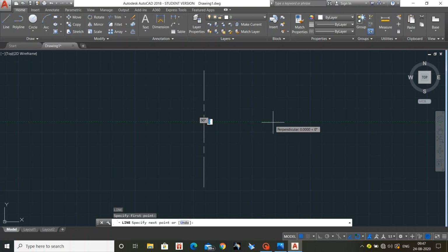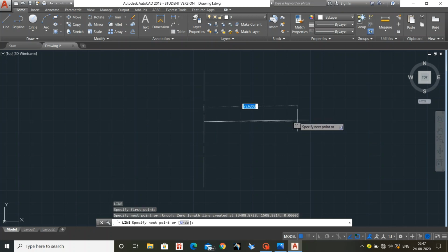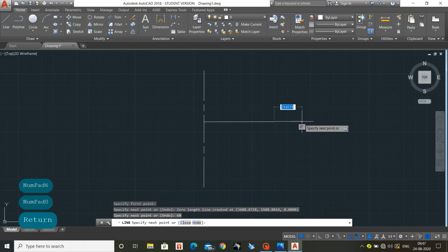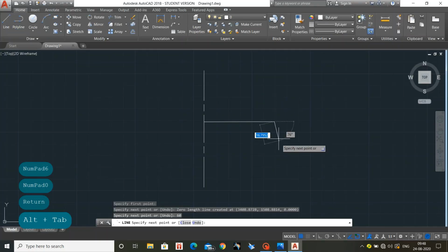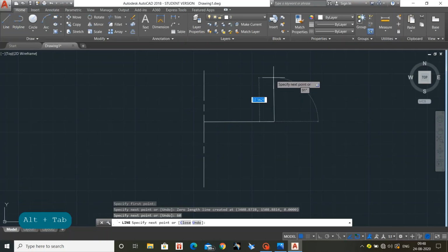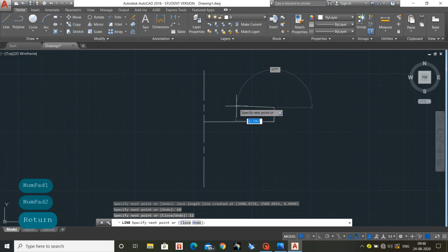The actual length is 120, so I'm drawing half, that is 60. So I have drawn the 60 line, and next the 12 height. See, I am checking the angle as well as the length. Then the 12 line and again the bend.